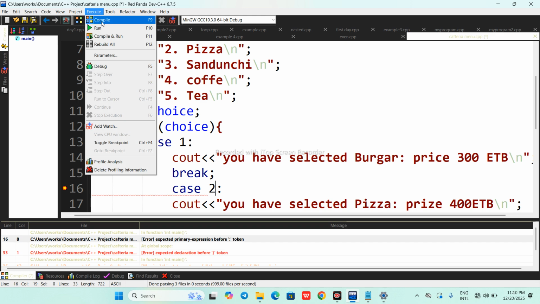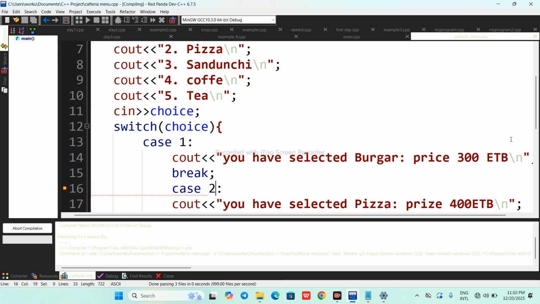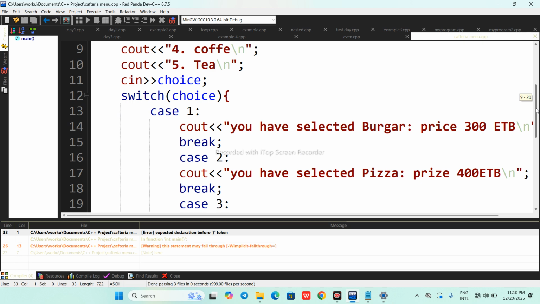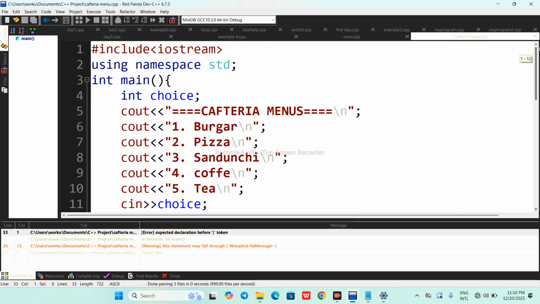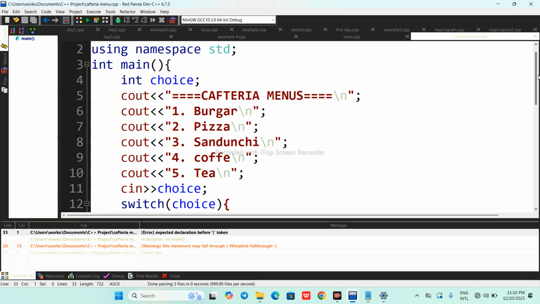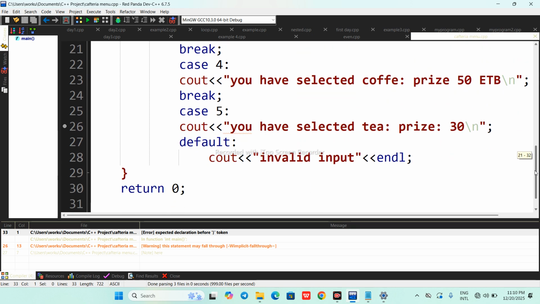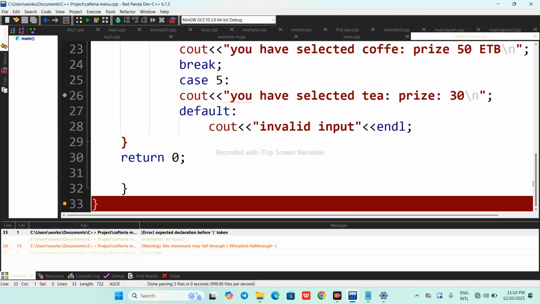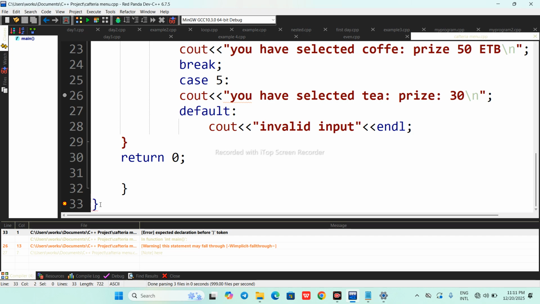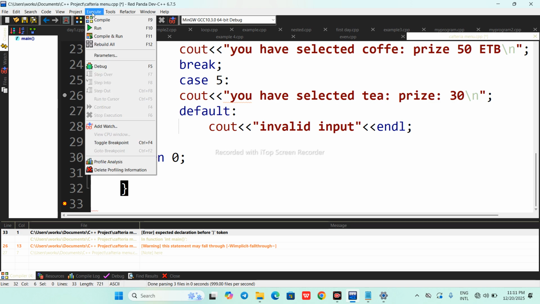We need to write, yeah, this additional one we need to remove. Because this brace is for the switch and this is for the main method, we only have two braces.